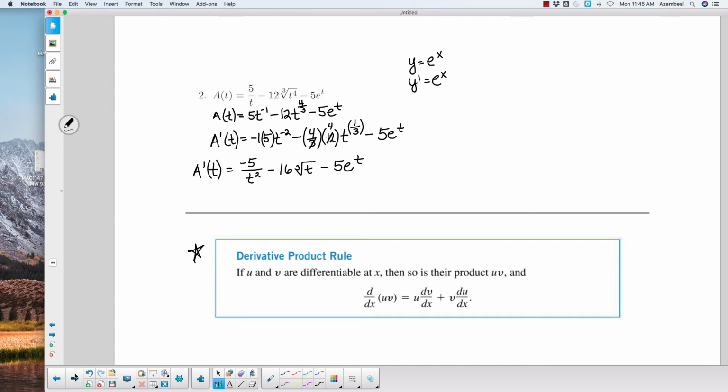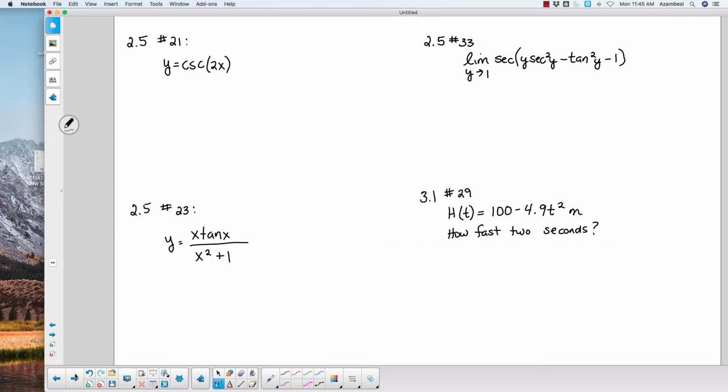Now, a couple of homework problems that I've received by email are these ones here, and section 2.5, number 21 is the one I wanted to start with. And this is the kind that we were supposed to identify where the function is not continuous. So if we're going to identify where this function is not continuous, then if I rewrite this as 1 over sine of 2x, we need to figure out where the sine of 2x is equal to 0. So sine of 2x is equal to 0